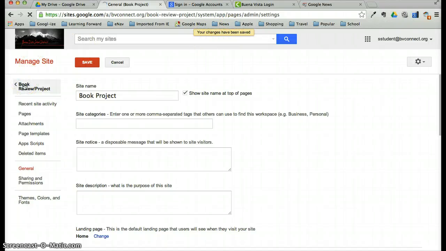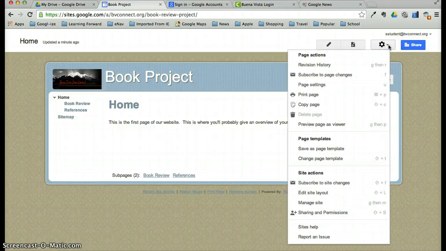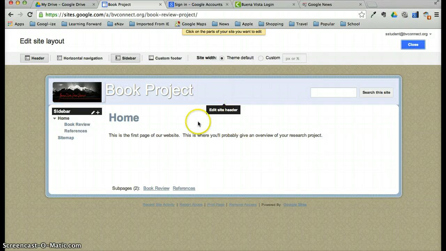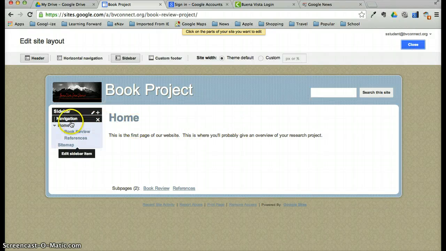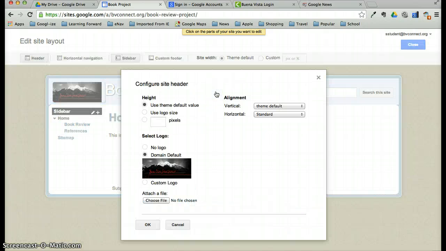So I'm going to go back to this first page, and now I'm going to go back to More Actions and go to Edit Site Layout. Now it turns out that if I hover over a particular section of a page, it will allow me to edit that now. So I'm going to go up to my header, and it asks me